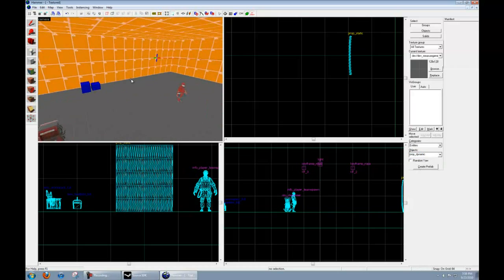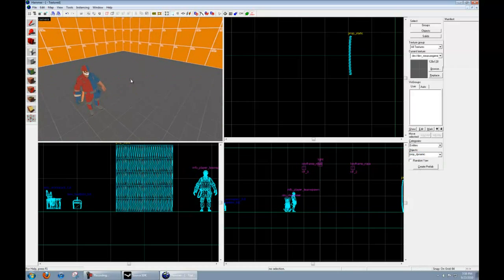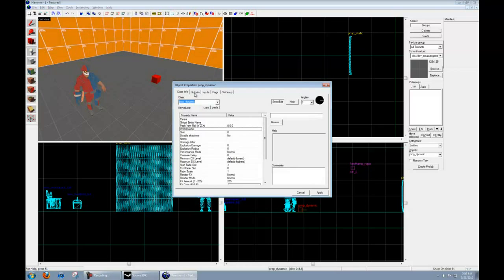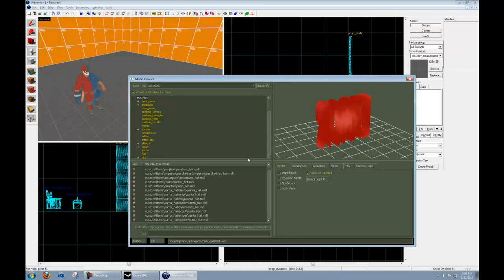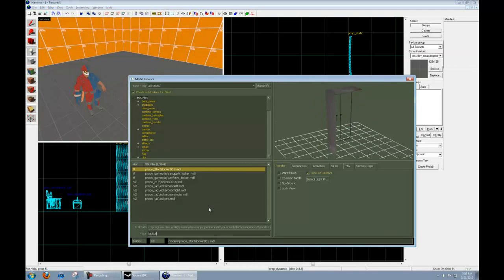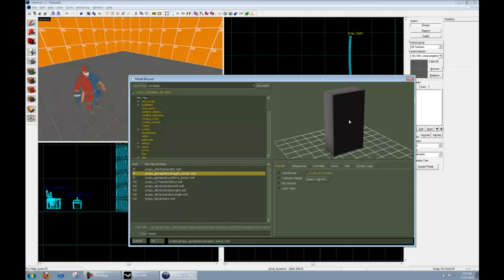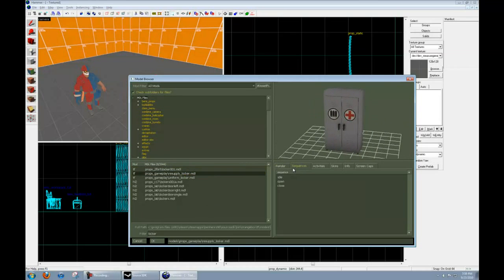And what we're going to do for one of our goals is we're going to create a regenerating locker. Now, just go ahead and set it in there. Hit Alt Enter. Hit Browse and look for locker. And you'll see this resupply locker. And it's got 2